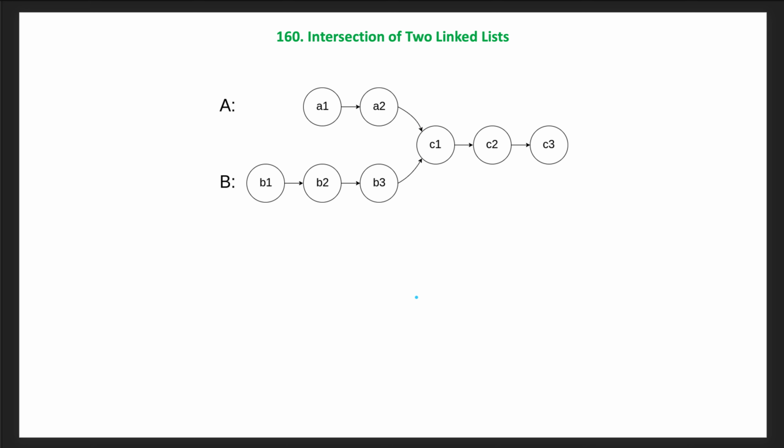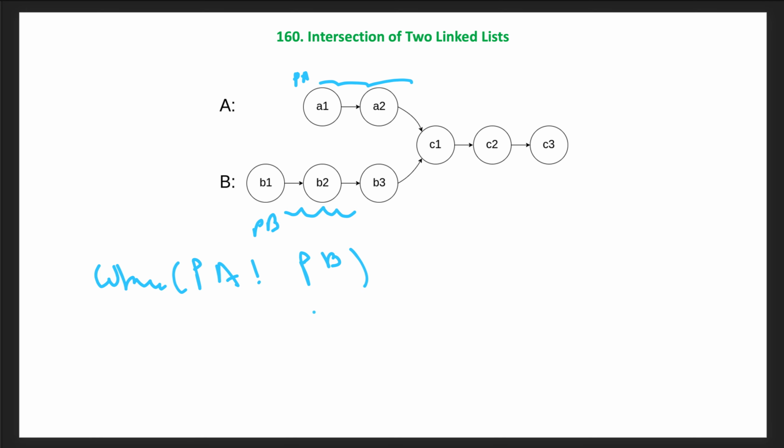But let's understand another good solution which will also run in O of n time and O(1) space. Let's see how. What we will do is start pointers PA and PB from both the heads. We will continue to move one by one for both pointers until PA is not equal to PB.